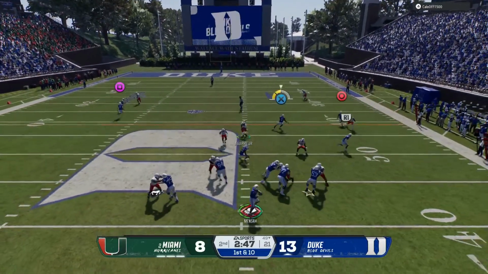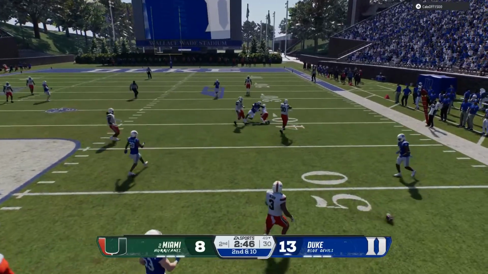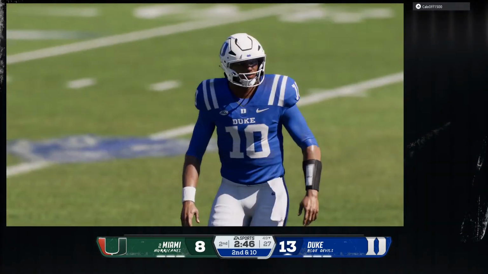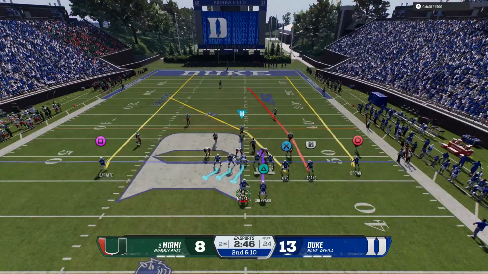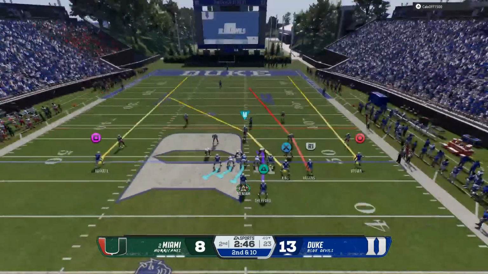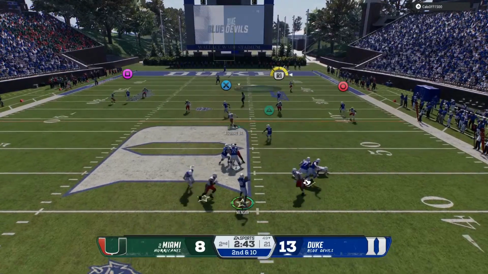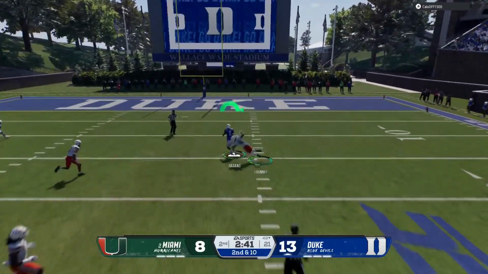Off the play fake on first down, wants to throw. Knew where he wanted to go with it, but couldn't find his target. It's incomplete. I don't know about the decision that time by the quarterback. He may have been expecting man coverage, but that time the defense was in zone, and they did a really nice...